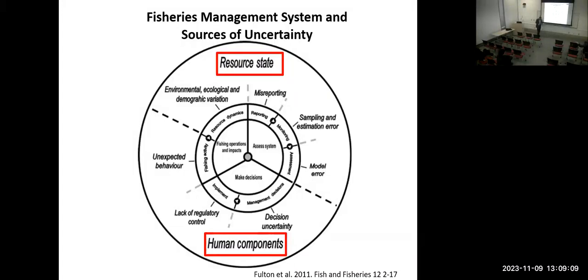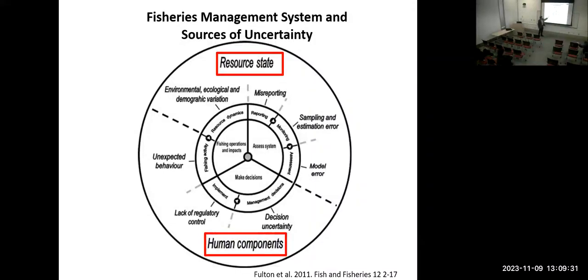The key in fishery management is that you have to make a decision, like it or not, whether you have data or not. Every year you have to make a decision for management based on limited information. That is, you have to make a decision under big uncertainty. Now, all the research we try to do is to try to reduce those uncertainties.